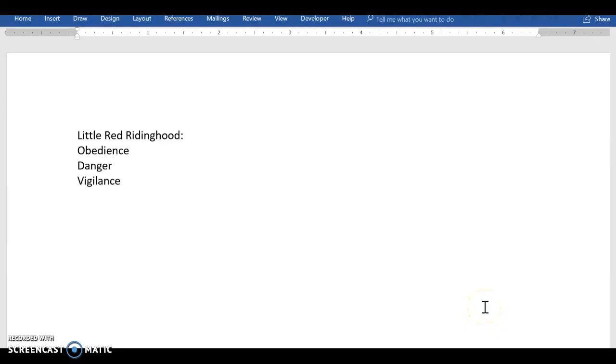If I'm going to find a theme in Little Red Riding Hood, I have my examples of some abstract ideas like obedience and danger and vigilance even. So the first thing I do is I write down "the author believes that," and I'm going to finish up this sentence, and I want the sentence to be long. I never want to do something that's just like "is important," "is good," or "is bad." Like I don't want to say obedience is good or danger is bad, or vigilance is important. I want to really think about why is it important, or how is it good, or how is it bad. So in Little Red Riding Hood, if I want to pick one of these, I'm going to pick obedience